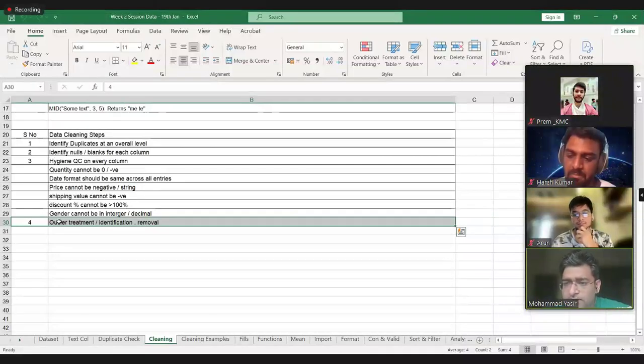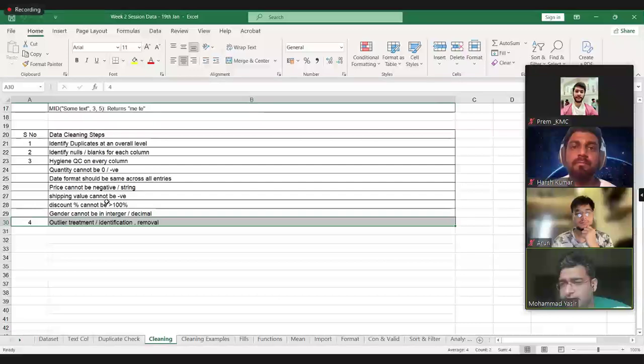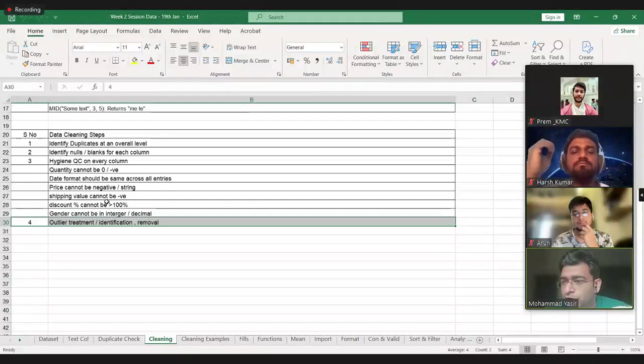These are our basic checks whenever we get a data set. When you're working in a company, you will be working with multiple data sets, and you would not be the creator of that data set. Some other team, analyst, or data engineer will be responsible. So you need to make sure that the basics and hygiene of the data are in place before you do any analysis.